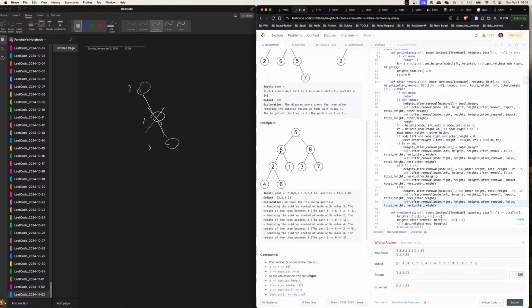And then you go to 8. Next, other height is 2. Right, other height is 2. And then because this is impacting, right, this is impacting. If I remove 8, oh, that's actually right if I remove 8. If I remove 8 it is 2, yes, because if I remove 8, and on this position, I check my left, I check my right, and then